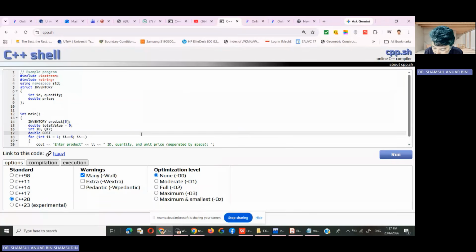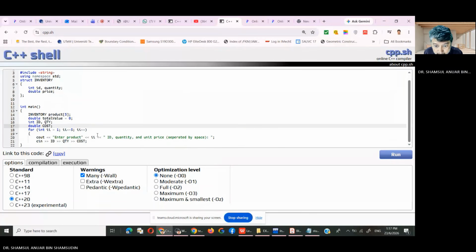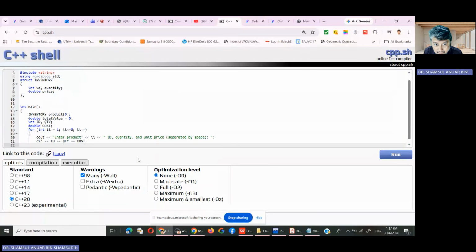I'm going to call it cost. So, but you want to store that information. Product one. Okay, so we can call product one. In this case, i dot